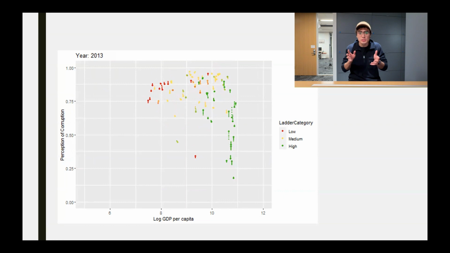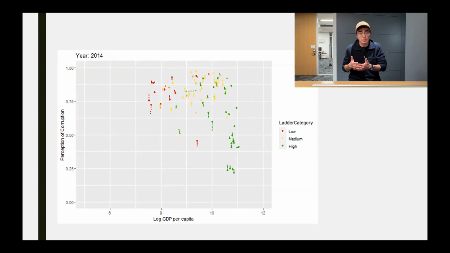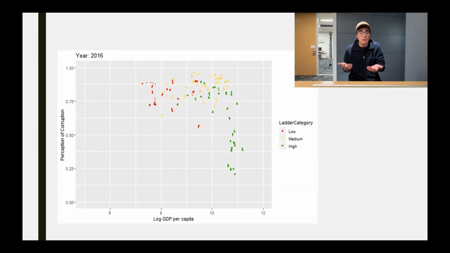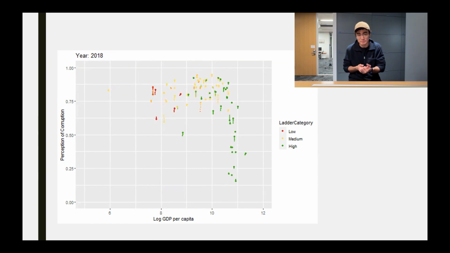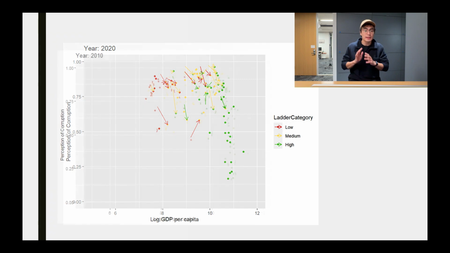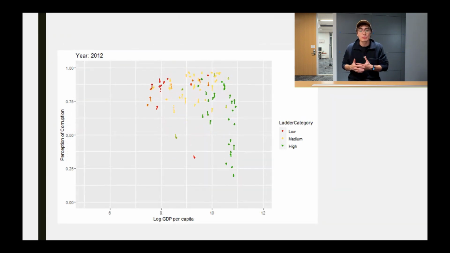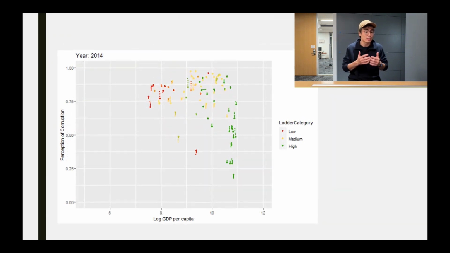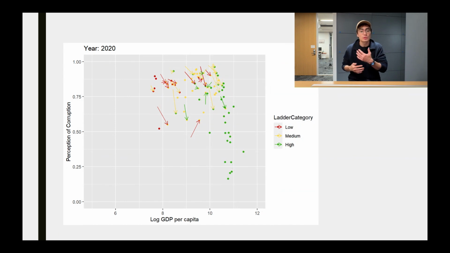There are some nuances that went into the implementation of this code, and the code itself would be attached to the description below. So this is our final product, an arrow plot and an animation. By looking at the animation, we can see that there isn't much of a global shift or trend, and thus looking at the arrow plot, we can conclude, for example, that most of the points that shifted to a better category from a lower category of the ladder score have a tendency of decreasing perception of corruption between 2010 and